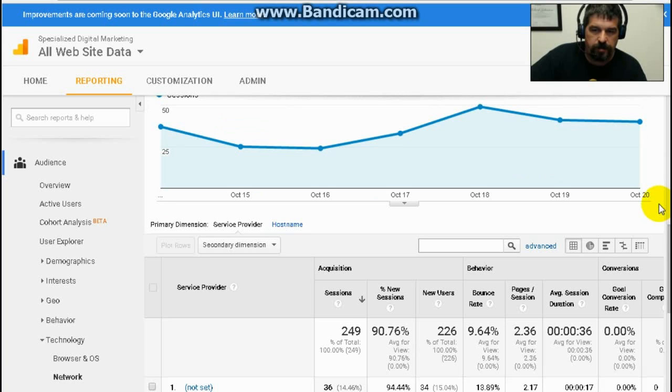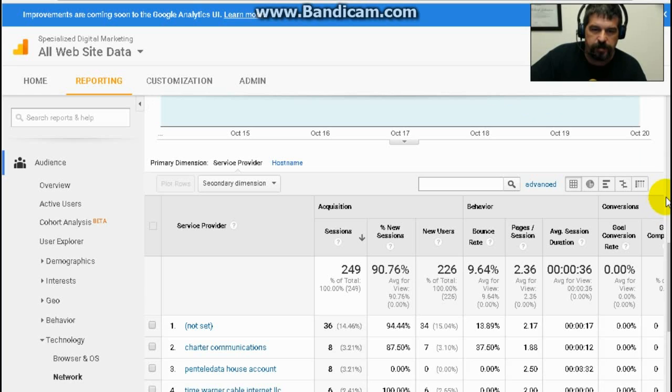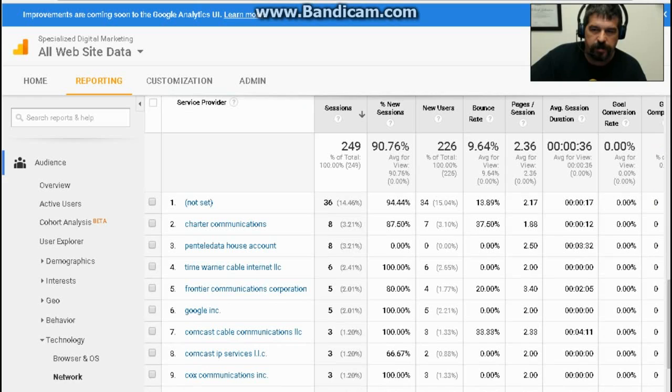It shows how many sessions. No, I might have set it to a week. I'm not sure, but you can up top there set it to the time period you want to see. Just starting out, maybe you want to look at the last month, but then once you get things caught up, maybe you'll only want to look at the last 2 or 3 days, in order to add any new leads